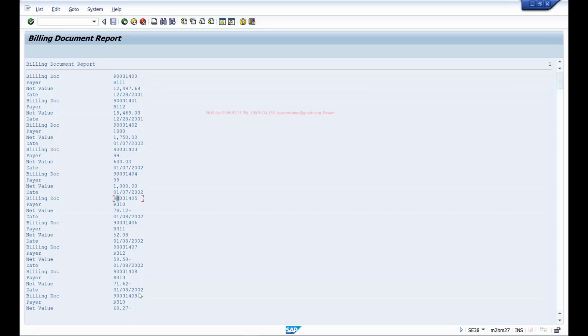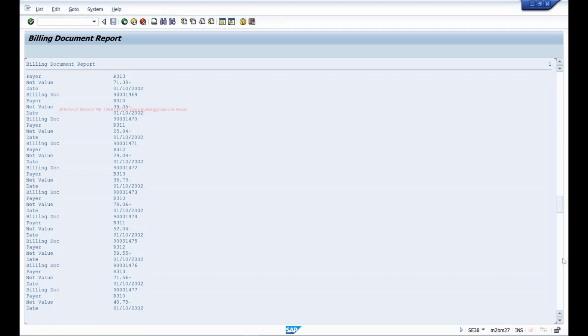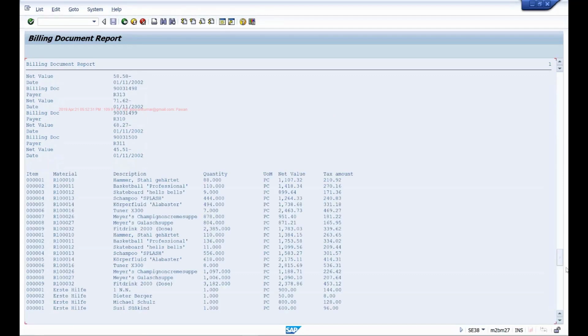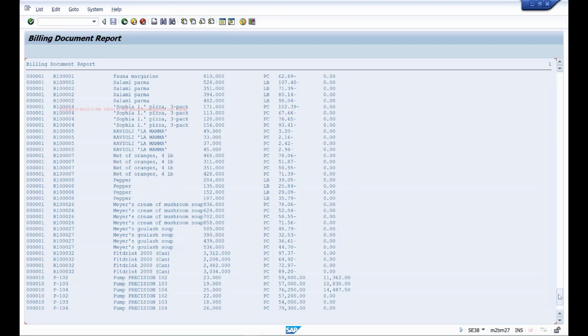Like that, it is printing all the documents' headers. And once it prints all the header data for each document, then it will start printing the item details for each document. This is not how we want the output. We want the output to print the header of the first document, then its items, then the header of the next document. That's how we want the output, right? So this is not how we should do it.